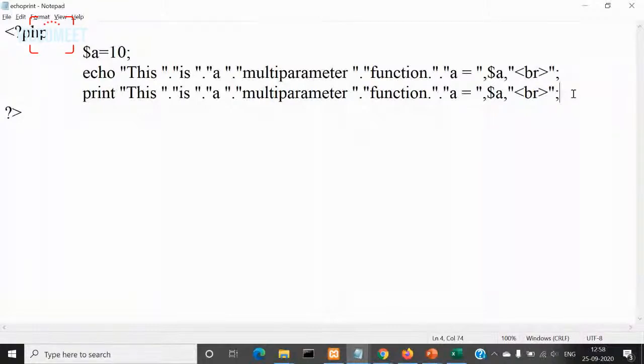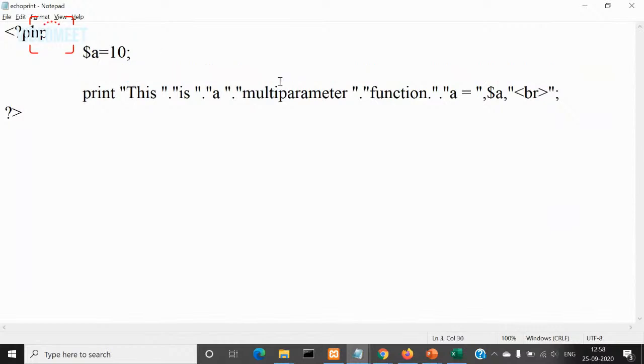And if there are n number of parameters to a function, we separate each of those parameters with a comma symbol. So here also, even in PHP, we can separate each of these function parameters with the help of a delimiter called comma. So the dot operator is not used as a delimiter to separate parameters. Instead, it is used only as a concatenation operator. So this entire thing will be considered till here as a single parameter,